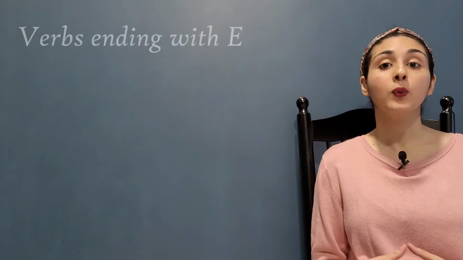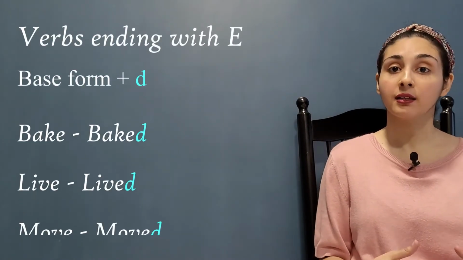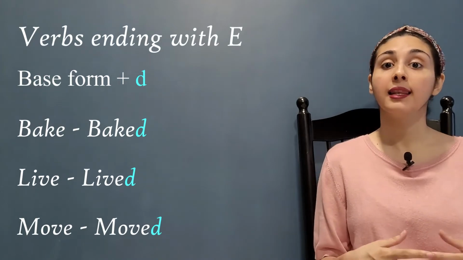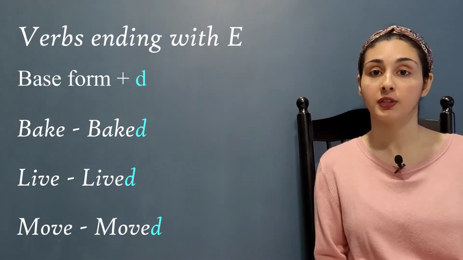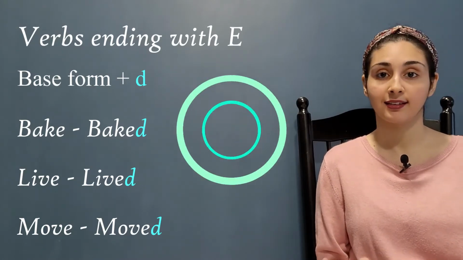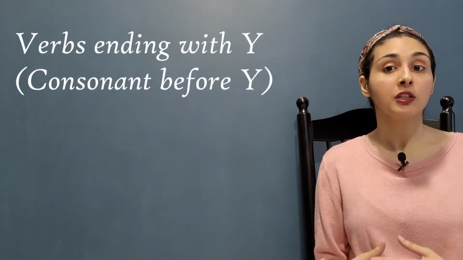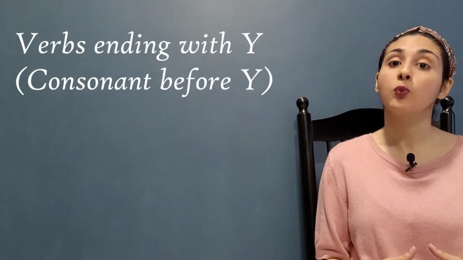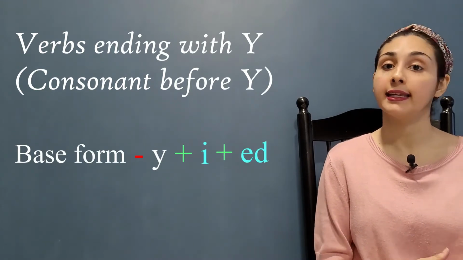For verbs that end with an e, we add a d in the end. So bake becomes baked, live becomes lived, move becomes moved. Because they already end with e, we just add a d at the end. For verbs ending with y, if there is a consonant before y, then we drop the y, add an i and then add ed. Now I know some of you may already know what a consonant and vowel is, but